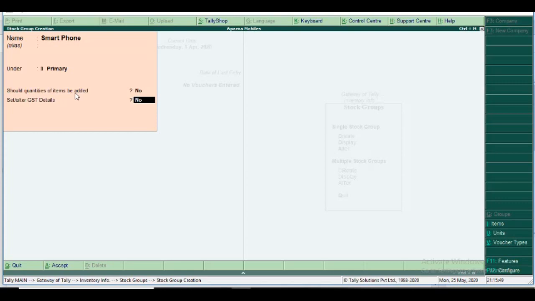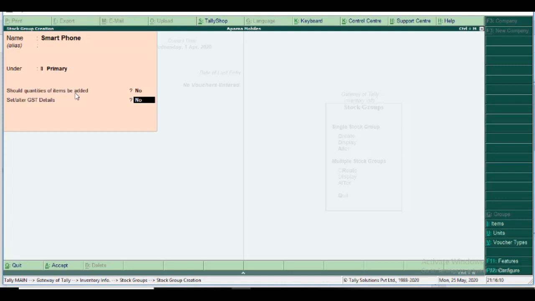You know, departmental stores can't create the GST rate and GST details at the company level, so they maintain multiple stock items. Some of the stocks are grouped with the same HSN and same tax rate.